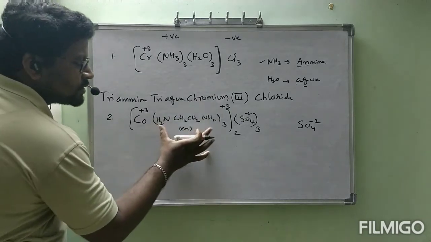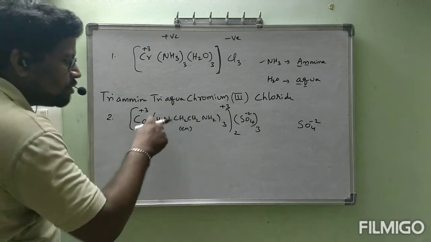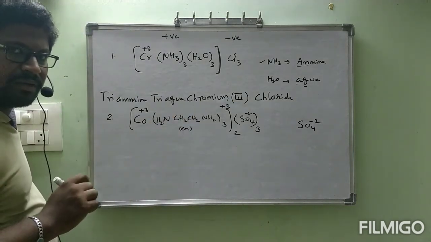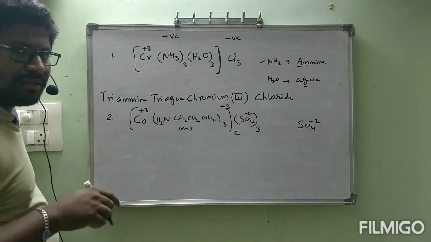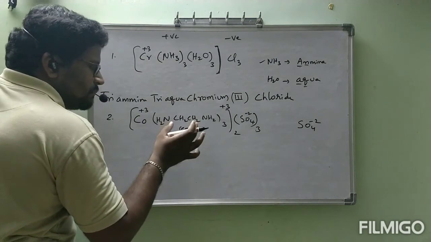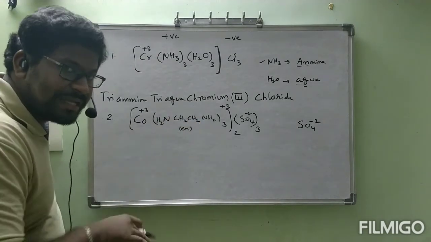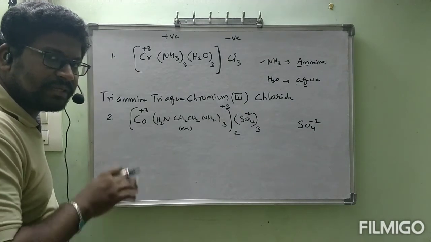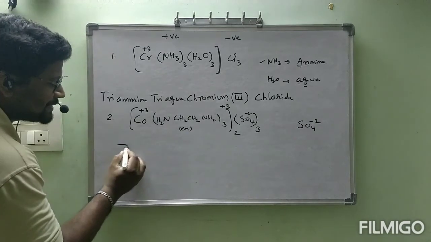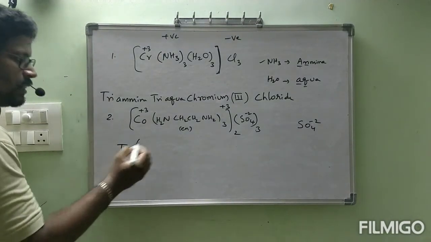Okay. First we have to start with the ligand. This is a homoleptic complex only, right? Only one type of ligand we have. Homoleptic complex, then no need to go for any alphabetical order. But this is ethane-1,2-diamine, where di is already present in the name of the ligand. Then outside 3 is there, so this is tris. Tris bracket, 3 are there.